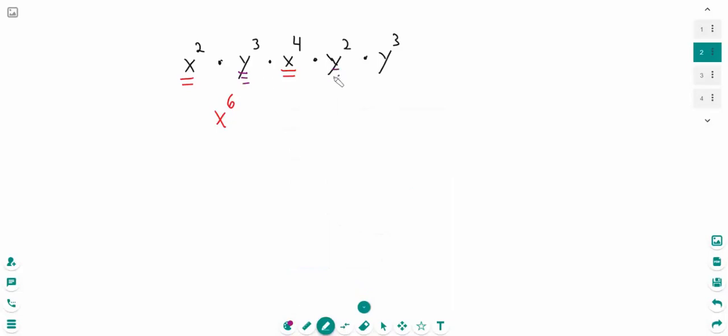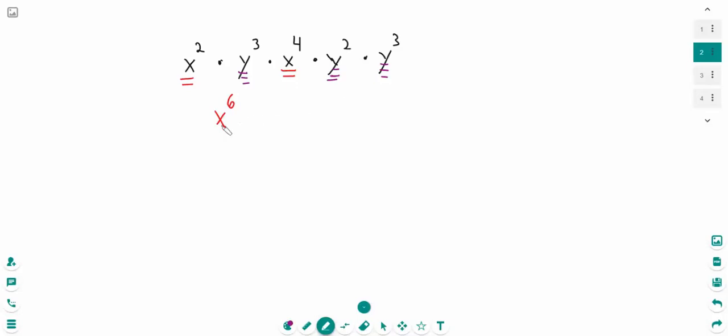We got a y here, and a y here, right? So let's multiply those together. A y to the third times a y to the second is going to be y to the fifth, right? And y to the fifth times a y to the third is going to be a y to the 8th,